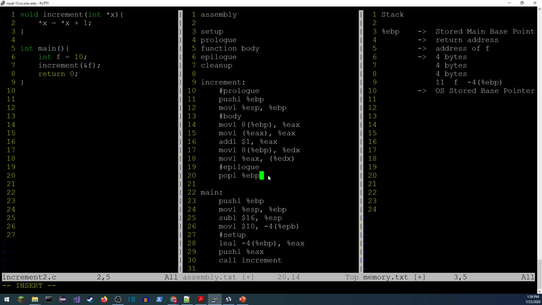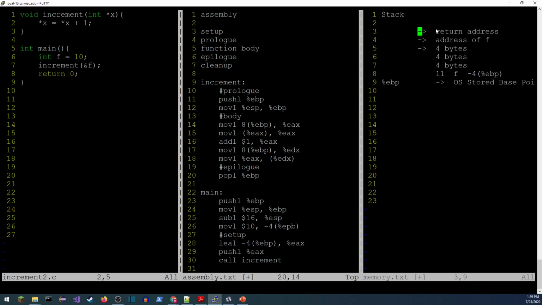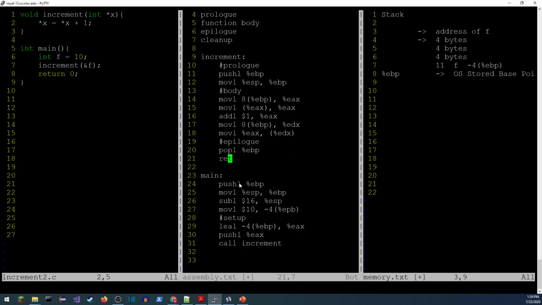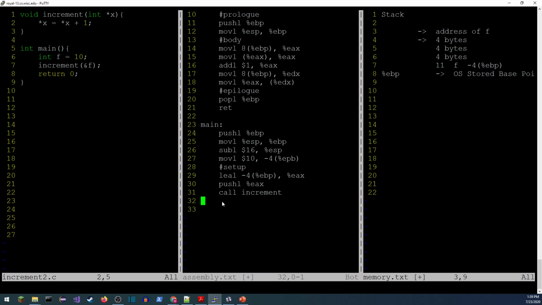So pop the base pointer. That's going to return this stored main base pointer and put it back in the base pointer. So that'll just move this back down to here. Base pointer. And then because I'm popping something, it deletes that line. Once we've done that, we can call return. That will move the return address, pop it off the stack, put it back in the instruction pointer, just like that, and return control to this line right here, line 32.